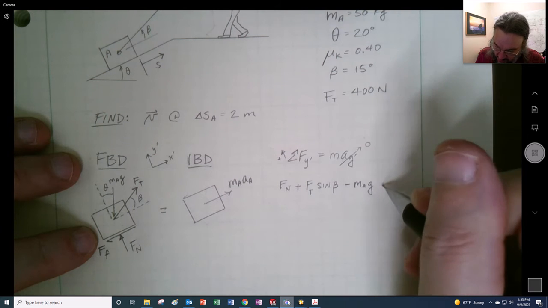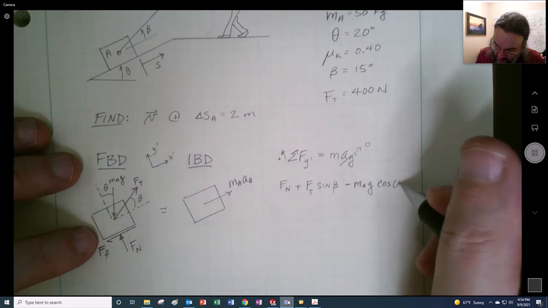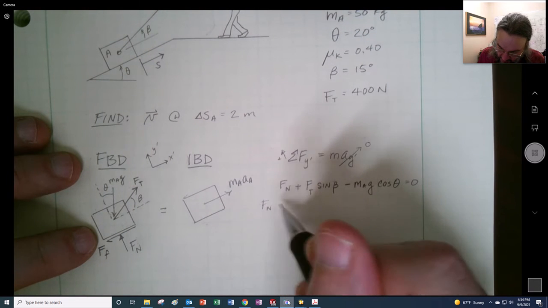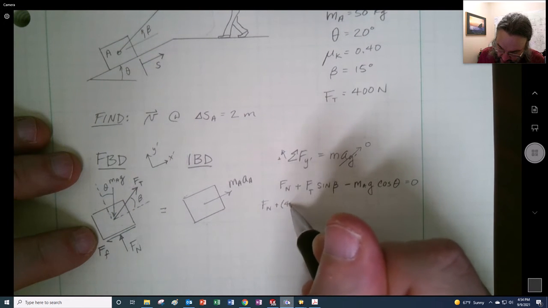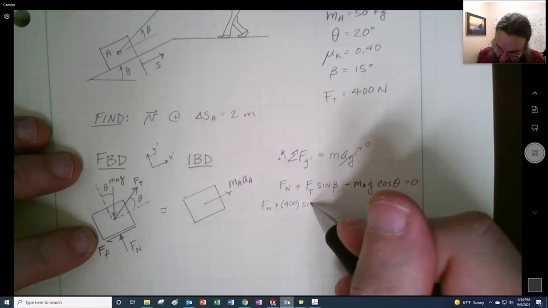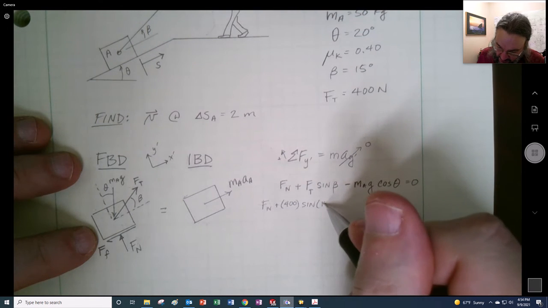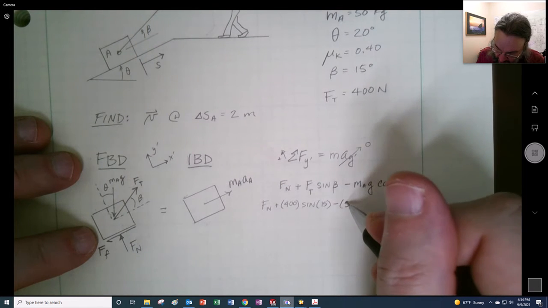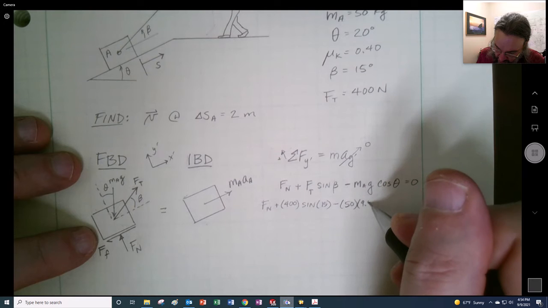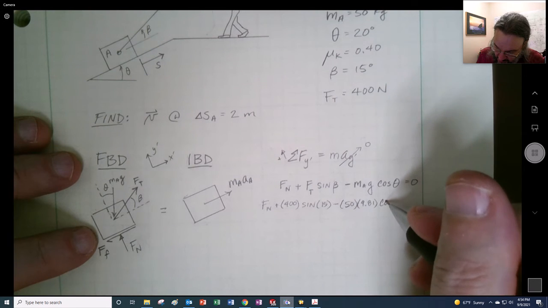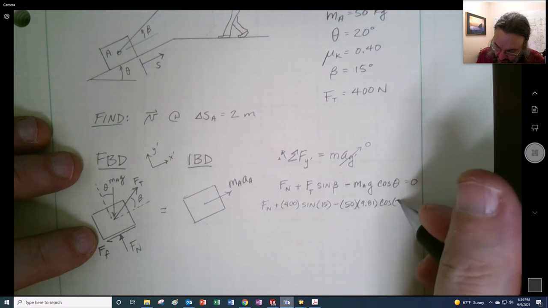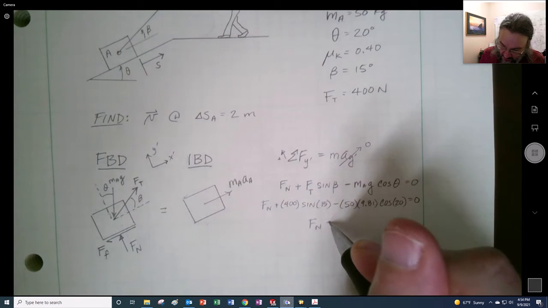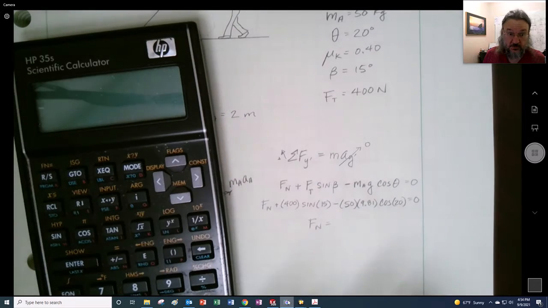But that's going to be mg cosine of theta equals 0. Fn is the only thing we don't know here, so we'll go 400 times the sine of beta, which is 15, minus my 50 times 9.81 times the cosine of 20 degrees equals 0. So we can get our Fn is equal to, calculator out,